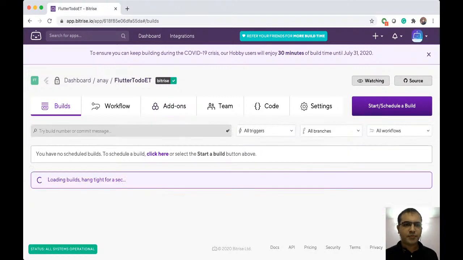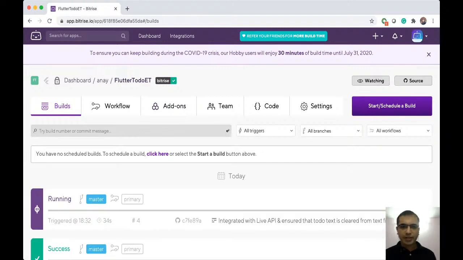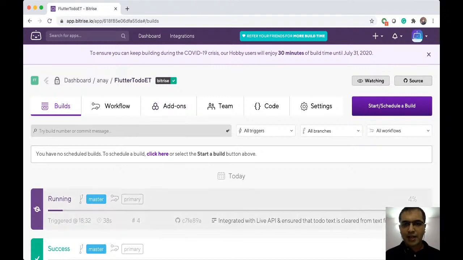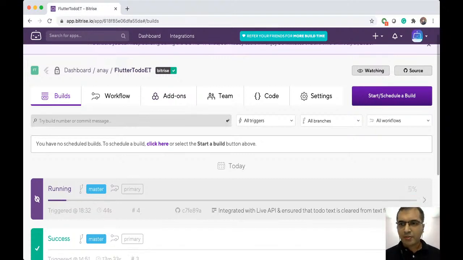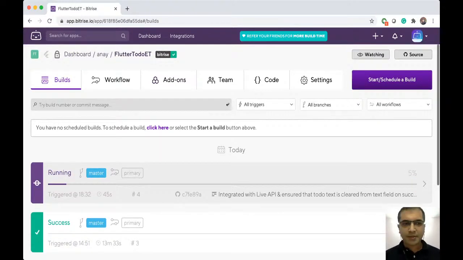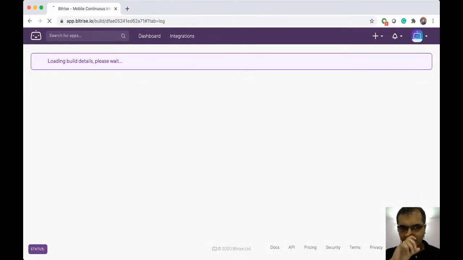Yeah, it has triggered a new build, and you can see it is auto triggered. The last message is the one that I typed before committing it: integrated with live API and ensure that to do text is cleared from the text field. And you can open it and see its logs, what it is trying to do.